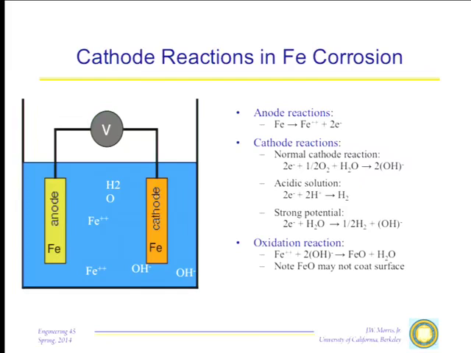2 electrons plus 1/2 O2 plus H2O go to 2 hydroxyl ions. In acidic solution, we may evolve hydrogen. You may have seen that at one time or another. In very strong potentials, we may break down the water itself to produce hydroxyl ions. These normal reactions, in particular this top one, which is a normal reaction in the corrosion of iron, produces hydroxyl